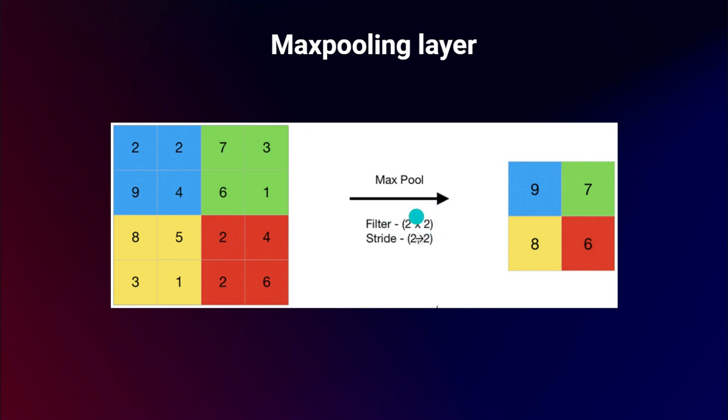For example, if you have 2 cross 2, it will split it into 2 cross 2 matrices, and from this one, which is the biggest, 9, right? That 9 is chosen. From this one, the biggest is 7, that is chosen. From this, the biggest is 8, that is chosen. From this, 6 is the biggest, 6 is chosen. You can set the filter size of the max pooling layer. It will split them and take the maximum values alone from that layer and pass it to the next step,